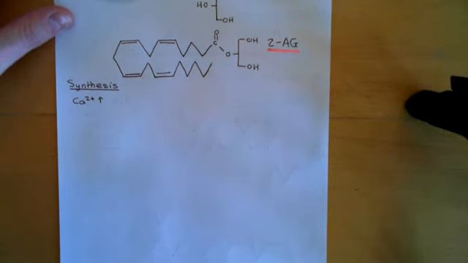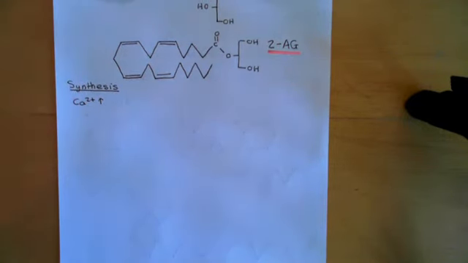So if calcium goes up, that seems in some situations within cells to trigger the synthesis of endocannabinoids, and that's actually an important point. Endocannabinoids are not synthesized and stored in cells. They're not like a classical neurotransmitter that you store in synaptic vesicles and then wait to release. No. They are made on demand.